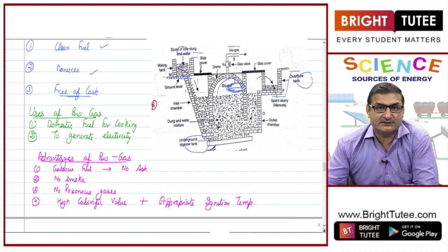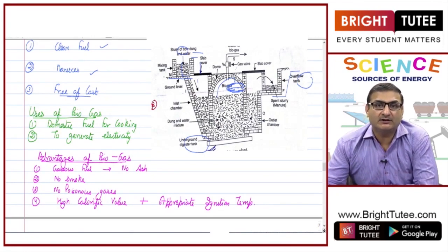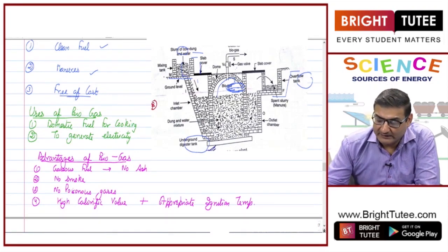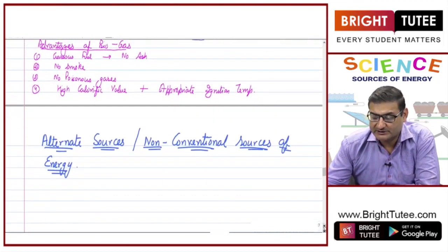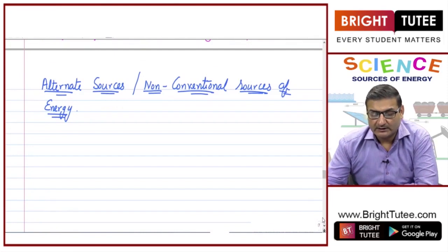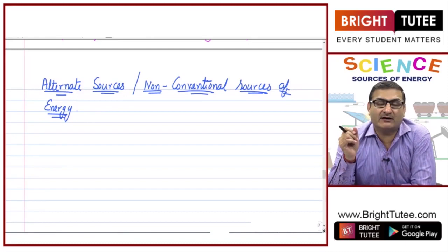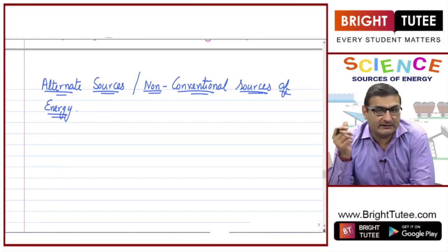There has been a situation where we are forced to divert ourselves into thinking about using other sources of energy also, in order to make sure that our future generations are also able to carry on with their requirement fulfillment. And for that, we are now looking forward for some alternate sources of energy, or the non-conventional sources of energy. Non-conventional means which are not being used traditionally nowadays. Till now, we have not been using them as our traditional source or day-to-day source.